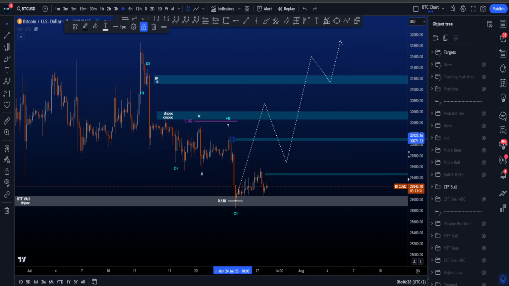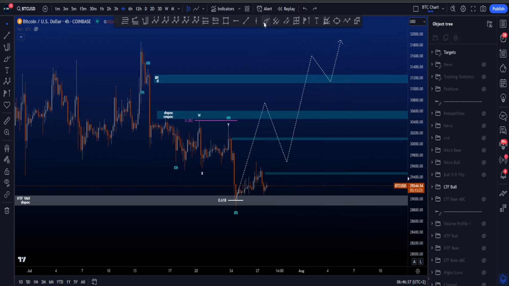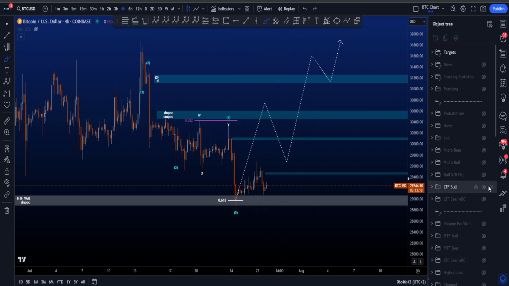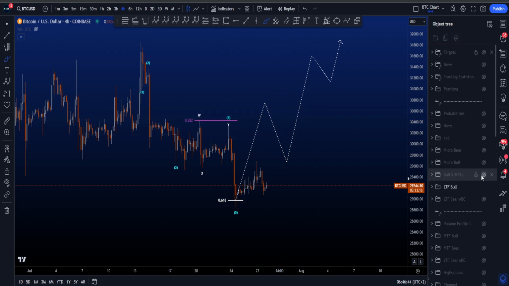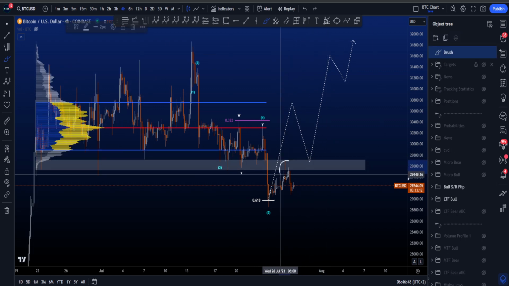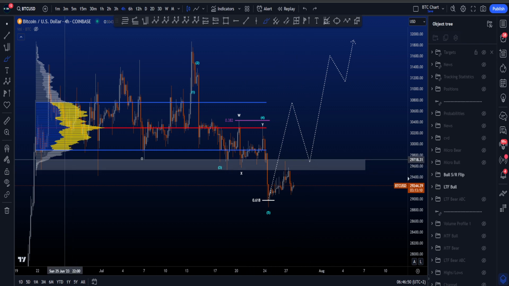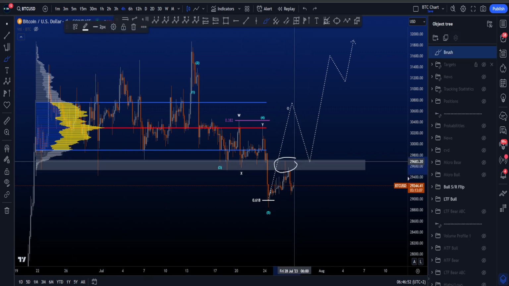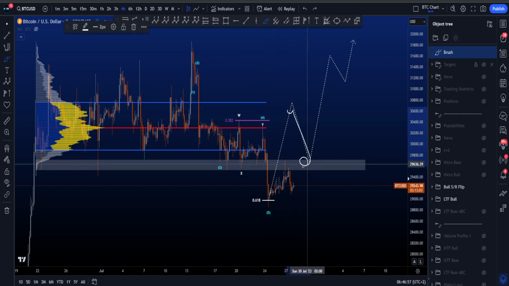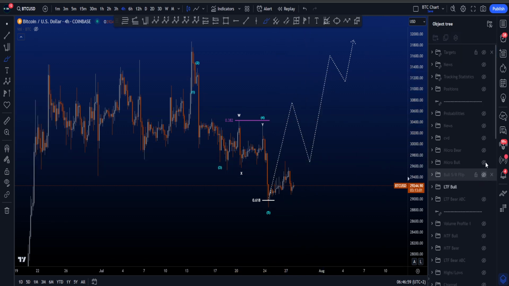Yes, we have a small one over here between 30k and 31.1k, but this one over here is a bit more important, between 30.4 and 30.6. Maybe here a liquidity grab and then a rejection towards the downside, where we can then also potentially backtest this support resistance area that we have over here, which we find currently as resistance, right? It was support for a long period of time, now resistance. So moving up, take the liquidity, hit the resistance, move down, backtest this area